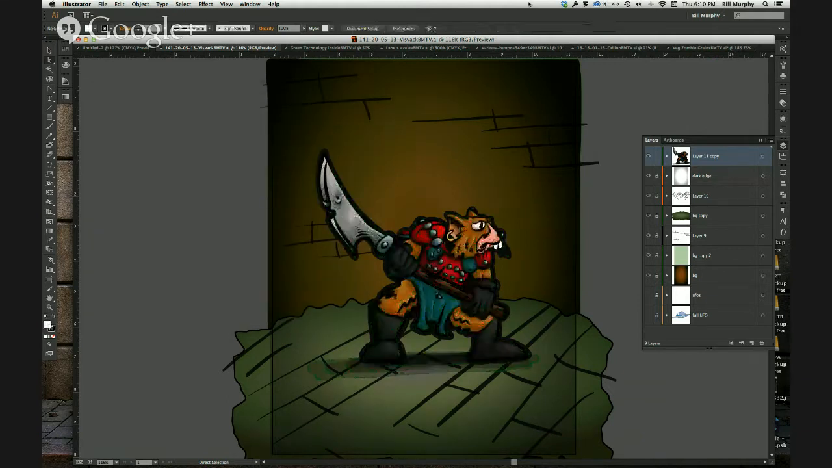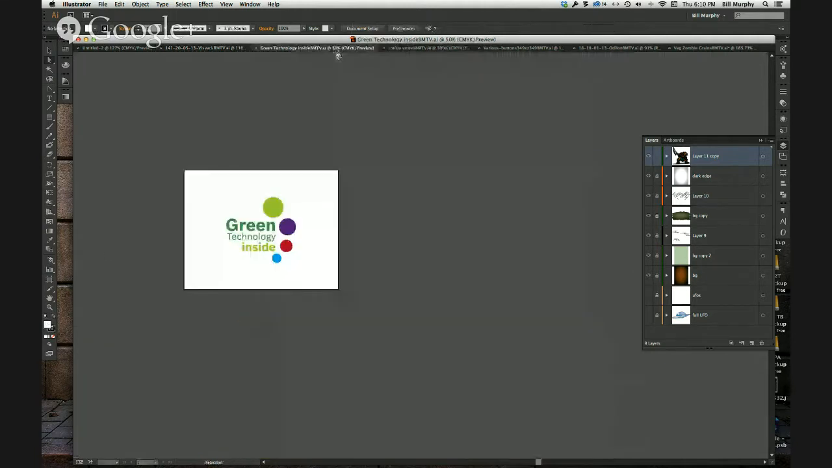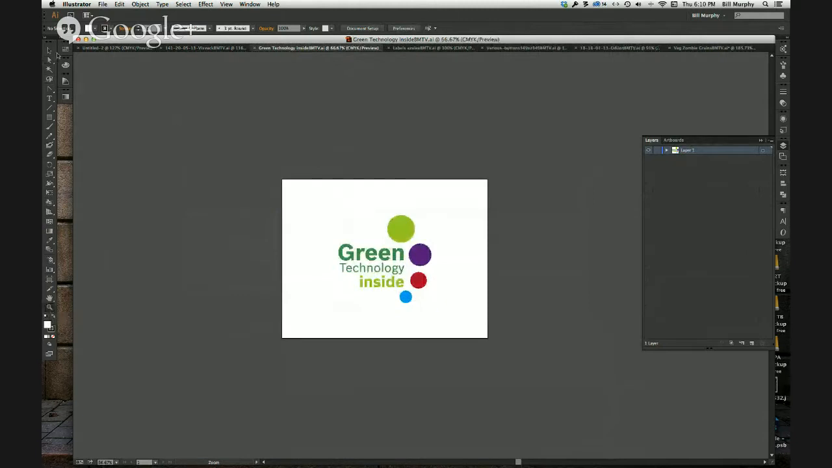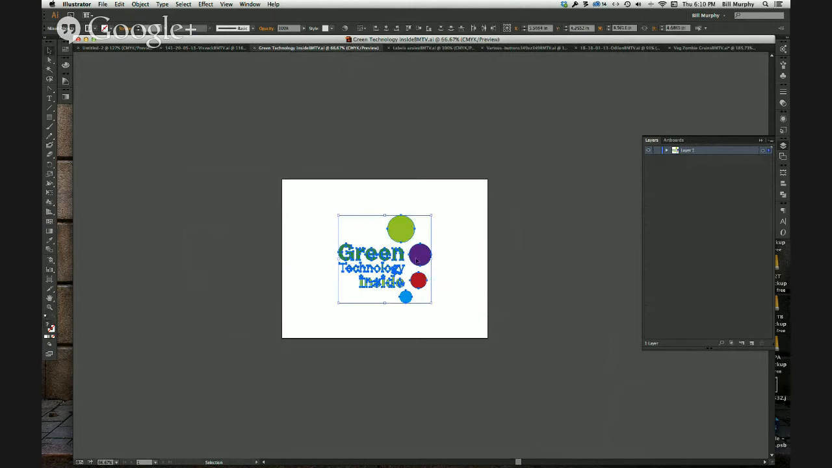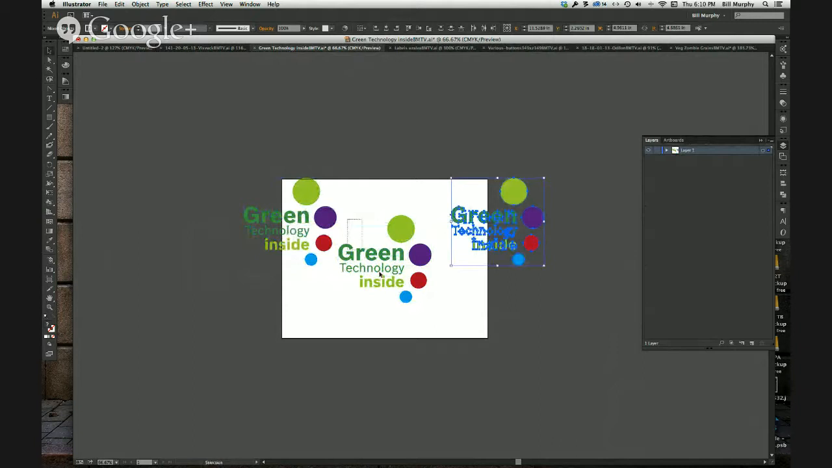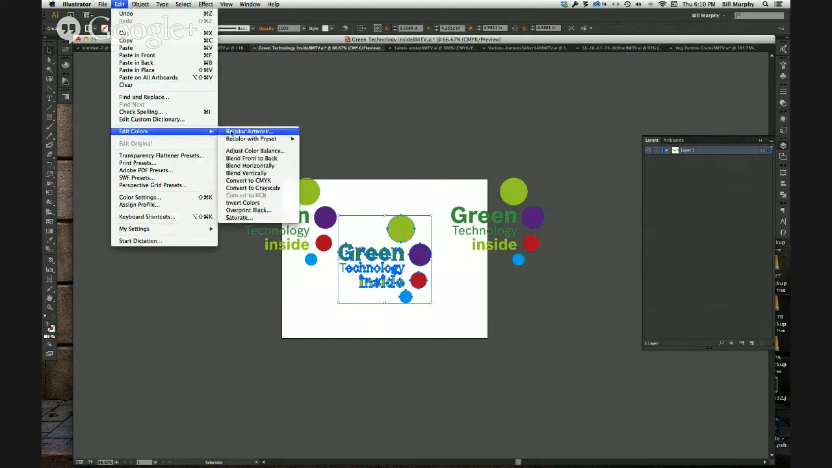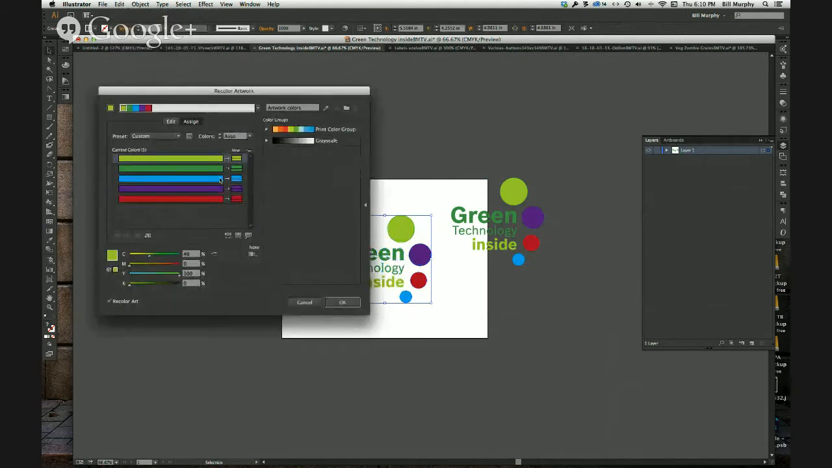So for illustration purposes, that's one. Here's more of a practical example, I guess. Here we have this logo, right? It only has a few colors in it, but we can do different versions. Maybe you want to go Edit, Colors, Recolor Artwork, and you want it to be totally green. Everything in this will be green. So we'll convert this blue to